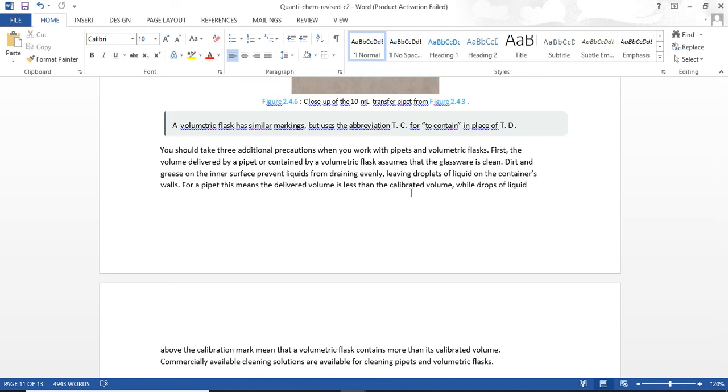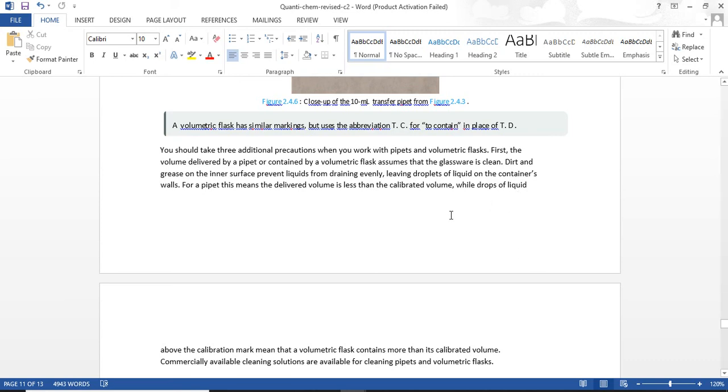Okay? You should take 3 additional precautions when working with your pipette and volumetric flask. First, the volume delivered by the pipette or contained by your volumetric flask assumes that the glassware is clean. Ibig sabihin, dust-free because dirt and grease on your inner surface prevents